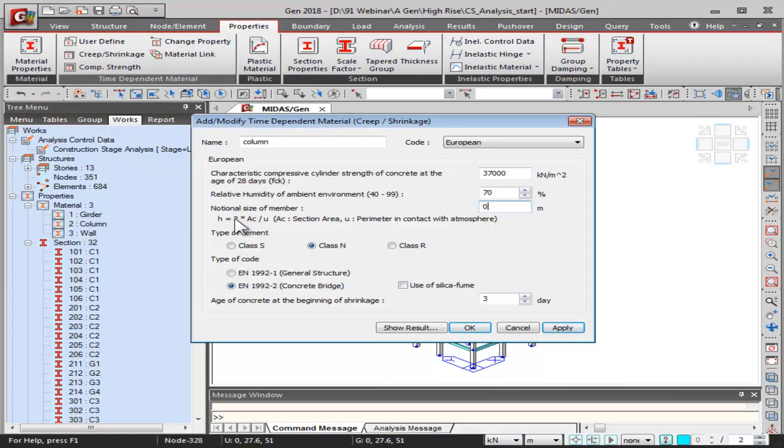This is because the notional size of member is dependent on the sectional area and the perimeter in contact with the atmosphere. But no need to worry. In Midas Gen, this notional size of member is automatic. It can be calculated automatically by using these change properties. So here all I have to do is provide an arbitrary value of 1 meter